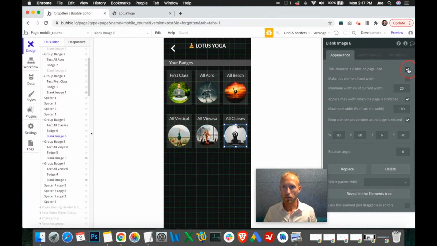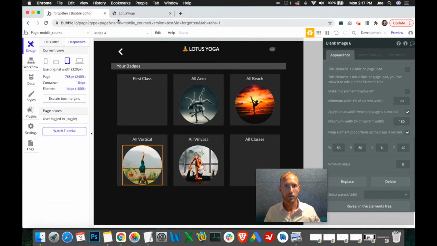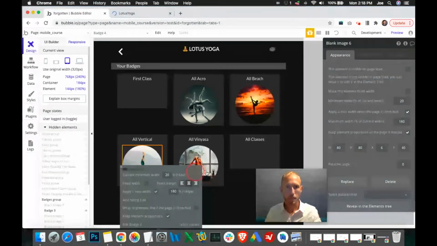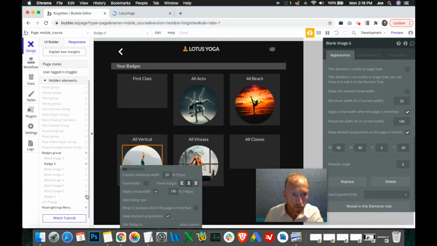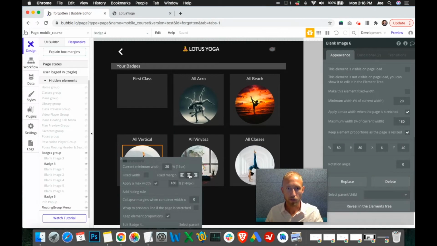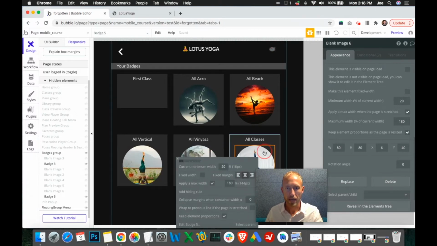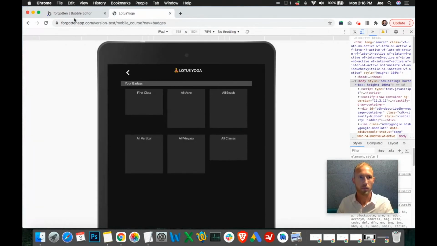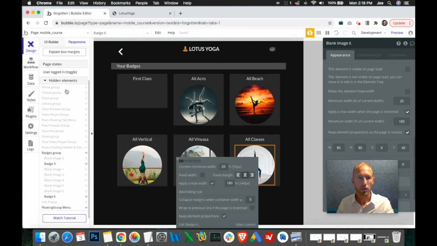All right, so now when we check our responsive engine here, let's get badge 6 to display. Okay, and badge 1, well, we'll have to wait on that. So these ones all have the fixed margin centered, and I think that is an aspect of that center horizontally instruction that I've done before. Okay, so